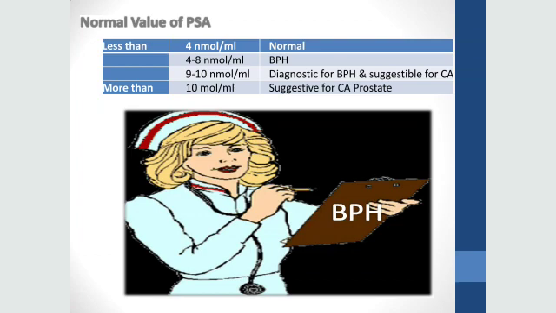And there's a crux between 9 to 10, which can be both BPH and CA prostate. More than 10, it's always suggestive of CA prostate. So, coming to BPH,